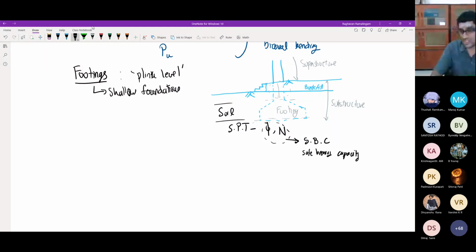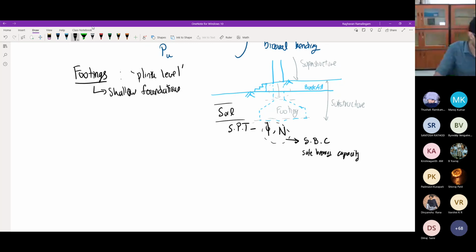You will do a certain soil investigation like SPT. Basically, if it is a normal depth of foundation, you can directly use an SPT. Otherwise, if you have to go deeper, then you will have samplers. There are different types of samplers which, when bored or drilled below, you'll be able to get a sample of the soil. It's a disturbed sample. There are two different types of samples in soil: disturbed and undisturbed. You will get a disturbed sample, but still you'll be able to evaluate some parameters approximately to find your